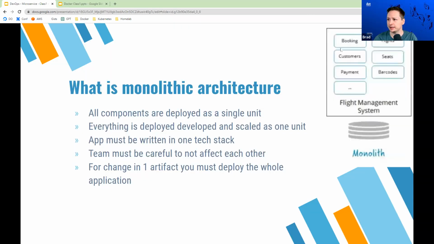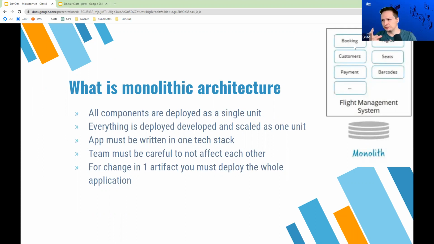Also, scalability becomes a huge issue with a monolithic application. If we look back at our example, and if any of these services needed to be scaled up because the booking part of the application required more users to use it, whereas not every single user gets to the payment portion, you can't scale up the individual components.